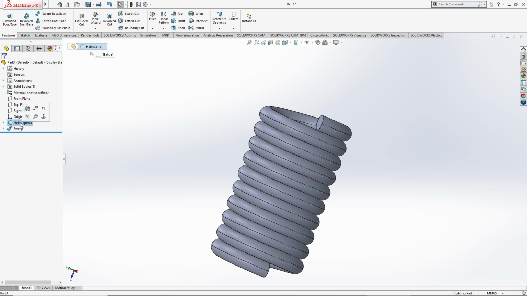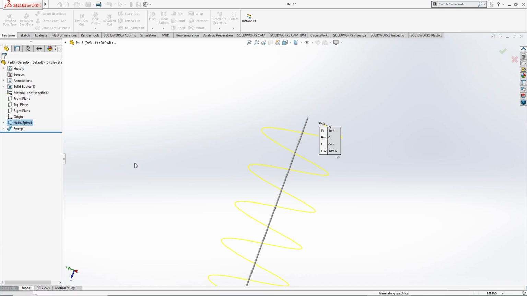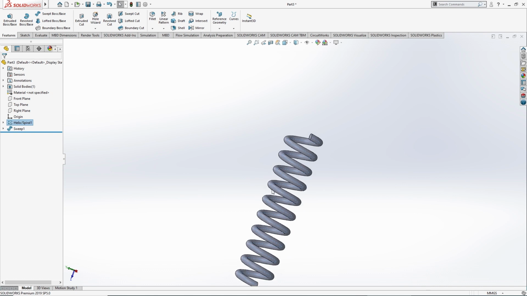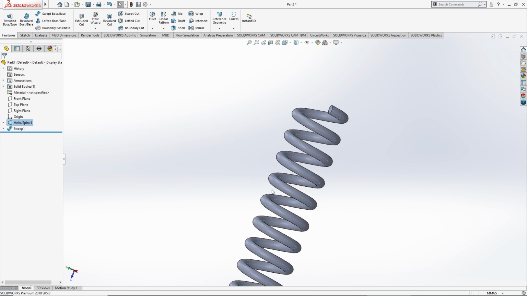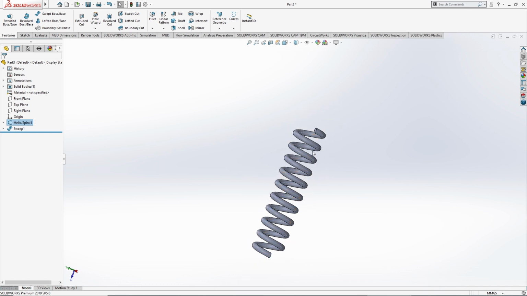So if we increase some amount, let's say 5, it is just like a compression spring, you can see. This compression is useful in the automobile sector. Of course, in the automobile sector this is very useful. The extension spring, I mean the elongation spring, is also useful. In this spring the force is applied, and I will show you.